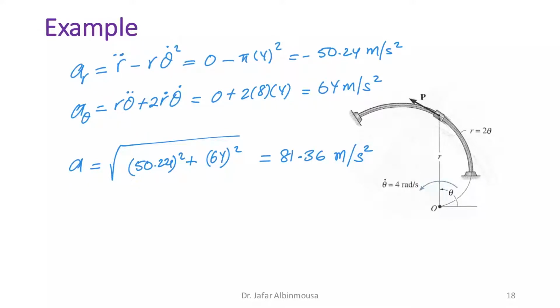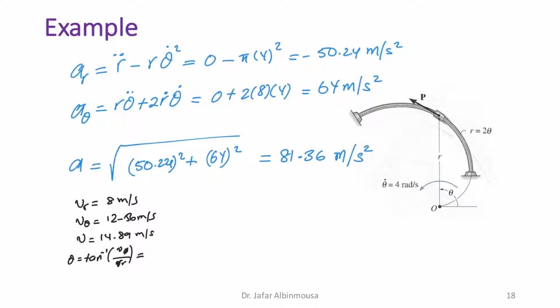Now let me extend the solution a little bit. It wasn't asked to find the directions, but if we want to do that, then if you remember, VR was found to be 8 meters per second, V theta was 12.56 meters per second, the magnitude was 14.89 meters per second, and if we calculate the angle theta, which is the tan inverse of V theta over VR,